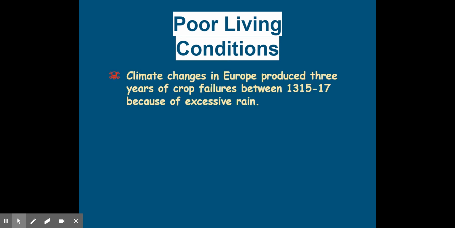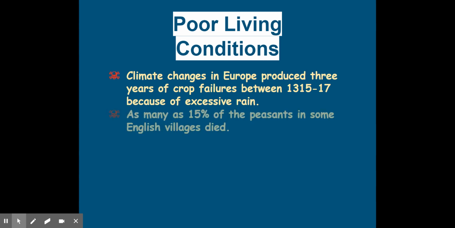There was more rain between 1315 and 1317, which caused tons and tons of mud and failed crops. Because of that, shortly after 1315 to 1317, you see a little bit of a cool down start to happen. And again, there's more crop failure. Because of this, people's living conditions turn from being okay to being horrible in some areas, basically having mud floors and mud everywhere. And then when that mud starts to harden as it gets colder, you're walking on frozen mud.